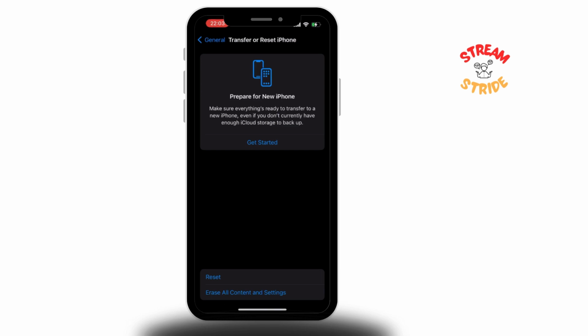So this is a quick and easy tutorial on how you can stop your battery draining on iPhone 15, 13